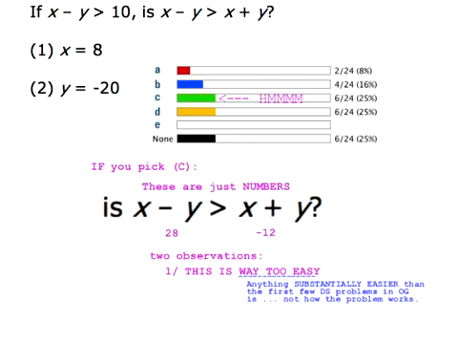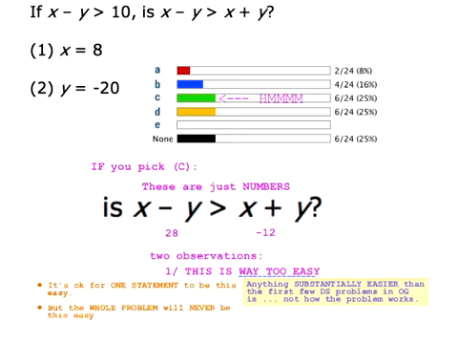So this is a very general observation. Sometimes individual statements are this easy. You will often see problems where either statement 1 or statement 2 is actually pretty trivial. So let's type that there. It's okay for one statement to be this easy. In fact, that happens quite often. But the whole problem will never, ever, ever, ever be this easy. Nope. And then the other observation to make here is that if you pick C,